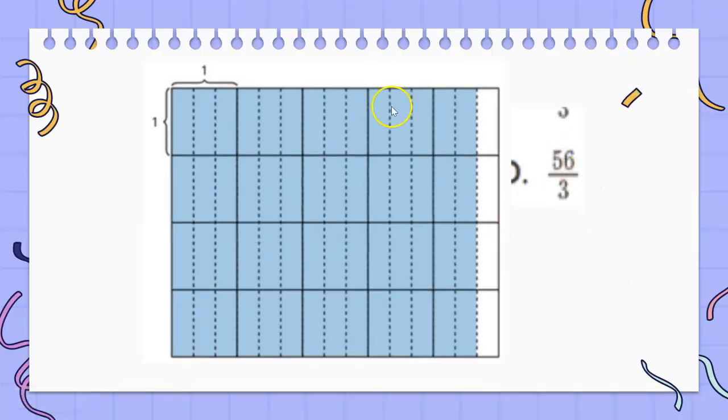How do you see 56/3? Well, let's take a look at that. I can count all of these partitions and know that this is 56 thirds. Let's go ahead and do that now. 1, 2, 3, 4, 5, 6, 7, 8, 9, 10, 11, 12, 13, 14, 15, 16, 17, 18, 19, 20,